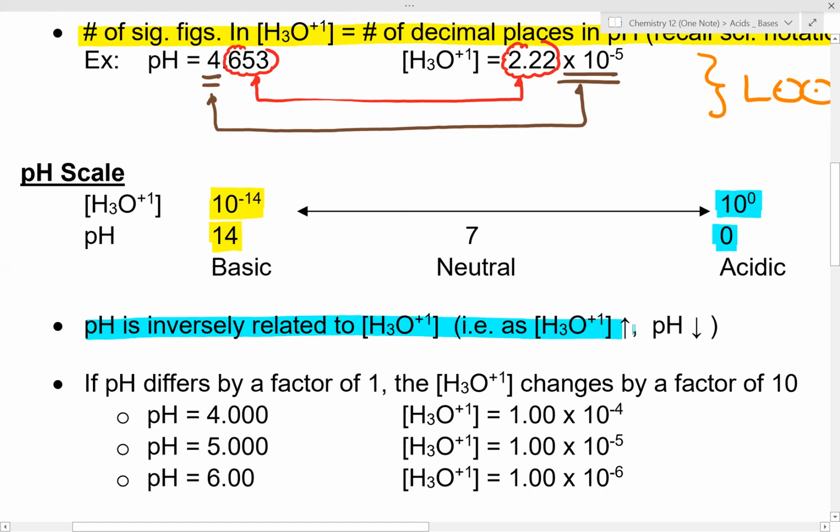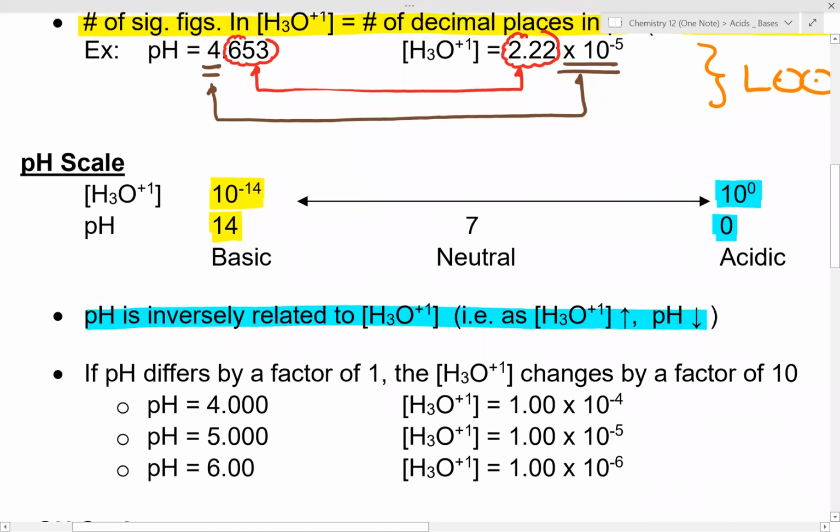In other words, as H3O plus goes up, the pH goes down. Now, 95% of all the chemicals in the world will fall between this pH value of 0 to 14. Now, some of you might say, well, Mr. Chan, can you have a solution that has a negative pH value? And the answer is yes. You could have one that has a very high concentration and dissociates completely, and you can have a negative pH